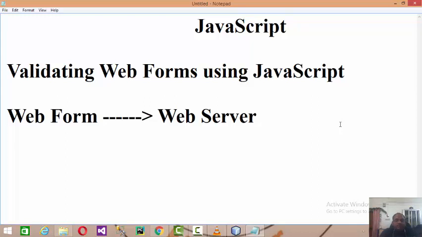In such situations, we need to validate and correct the data there and there only on the client side. Client side validations